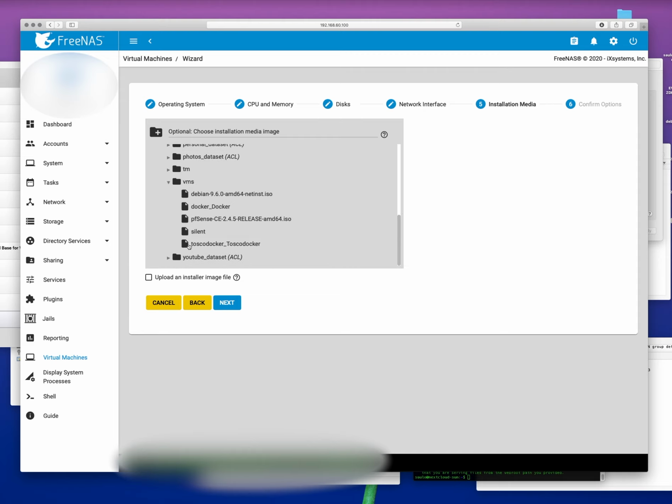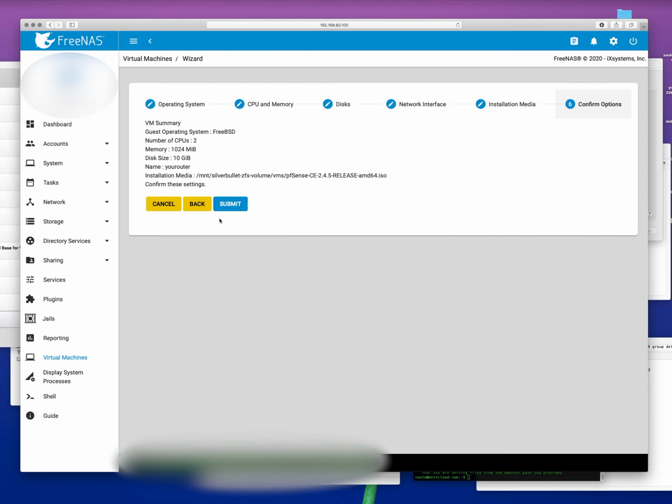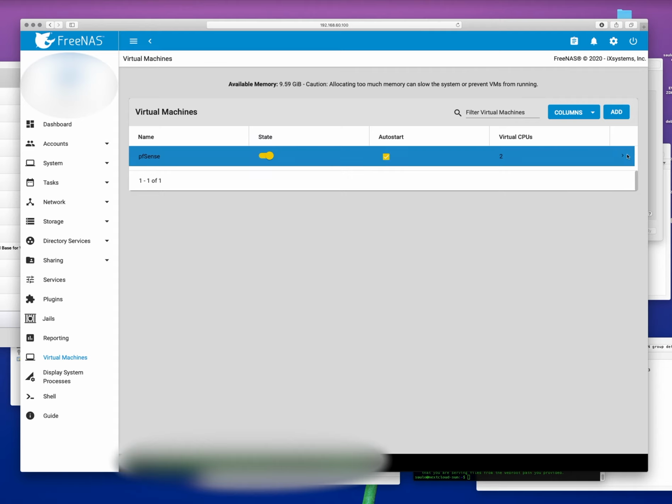So if you go to VMs, you can see that my pfSense image is already here. I tried to use this uploader installer image file, but that didn't work. I clicked on upload and nothing happened. Maybe it's a bug on the interface. So you can do whatever you want. SCP works fine. Then once you run the machine, what you're going to have to do is stop it